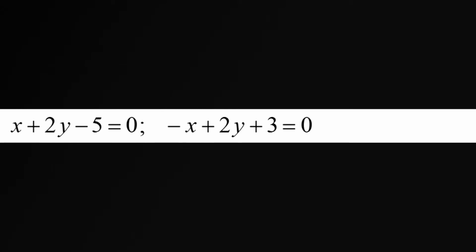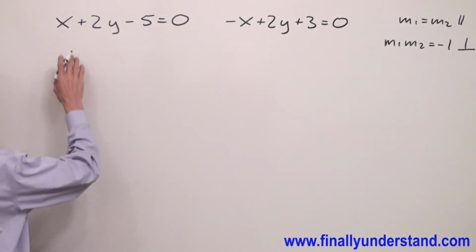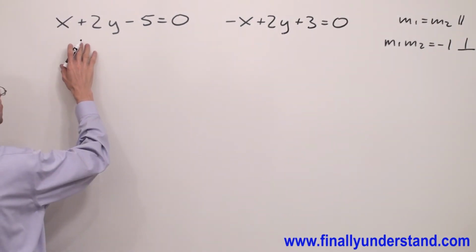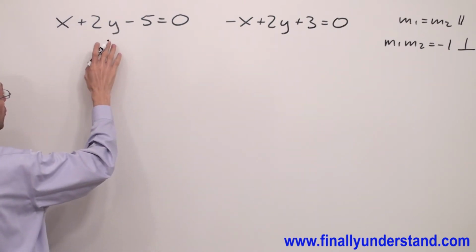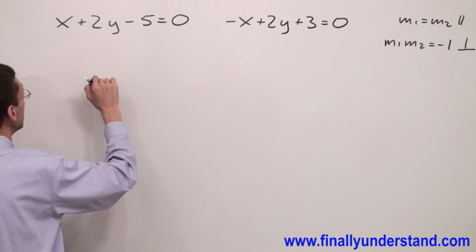Let's take a look at these two lines. Again, we're supposed to find the slope for each of them. We have to convert, again, general form to the slope-intercept. We have to solve each equation for y. So, I have